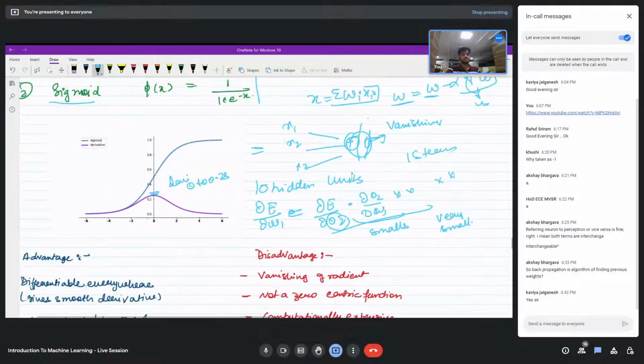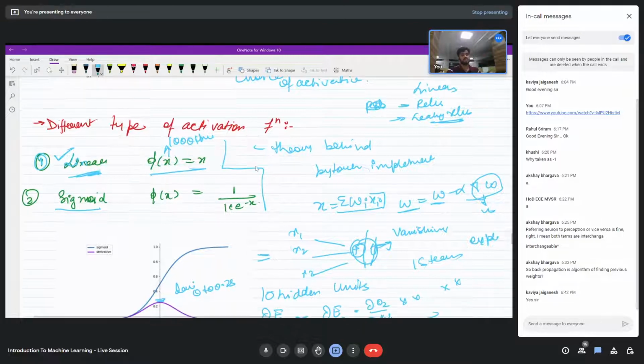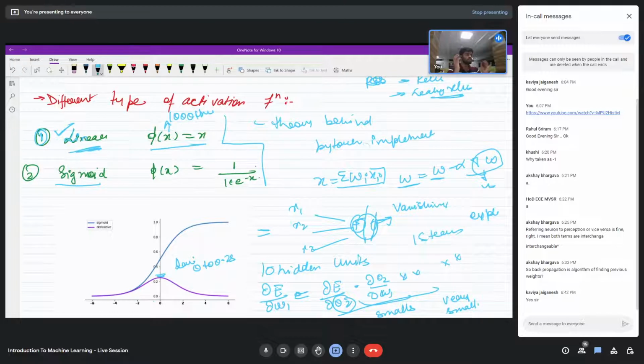Okay. So another related phenomenon is exploding gradient, that would occur in something like this: phi of x is equal to x. So if your x value is in thousands or something like that, that is very much possible. So this product kind of explodes a lot and your W starts changing very much. You're getting very large Ws and those kind of things. So both these phenomena we want to avoid. So linear, though, is very simple calculation wise and everything, but because of exploding gradient, many people don't use it